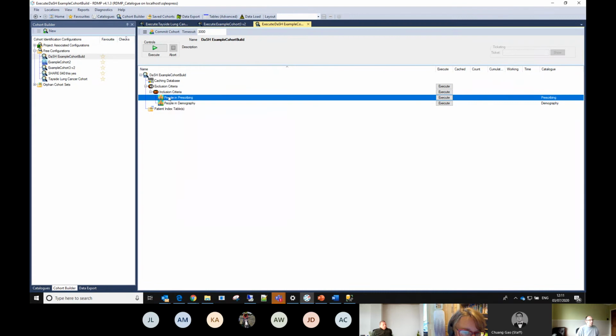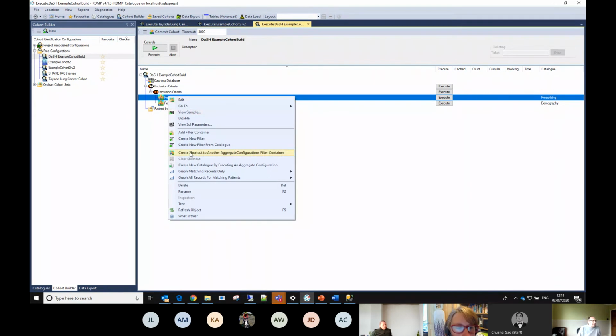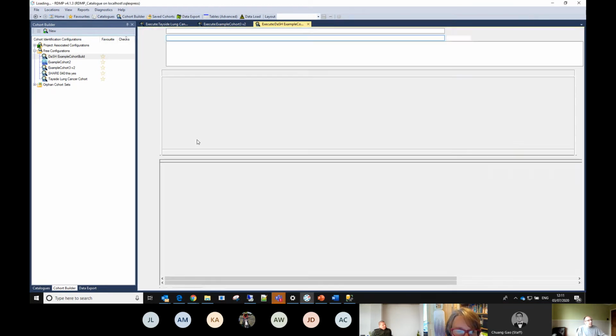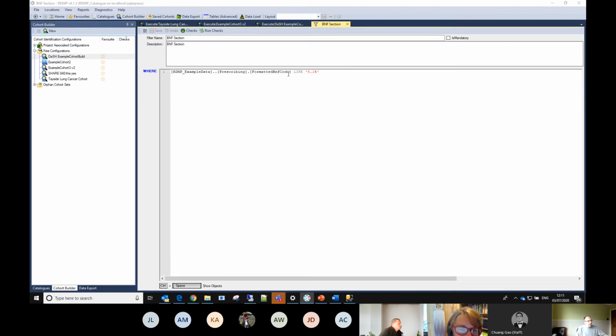I'll right-click the people in prescribing in this case, and we'll add in a new filter from our catalogue. Let's say we'll take a BNF section primarily because I can't remember what years the sample data covers and always end up with 0 when I use the year function. And we've just got formatted BNF code.